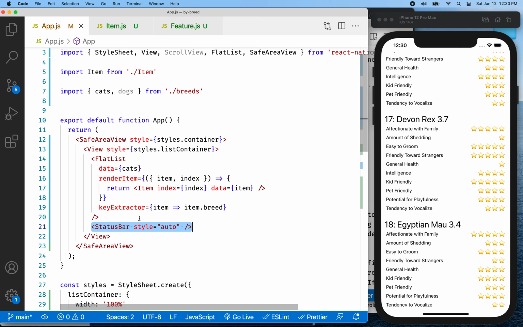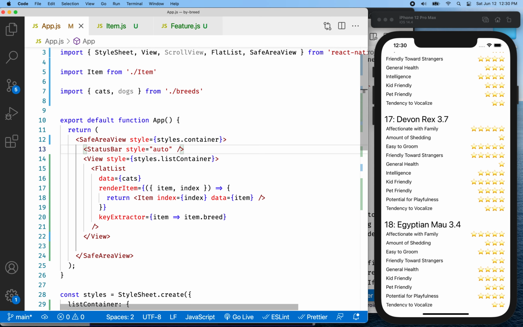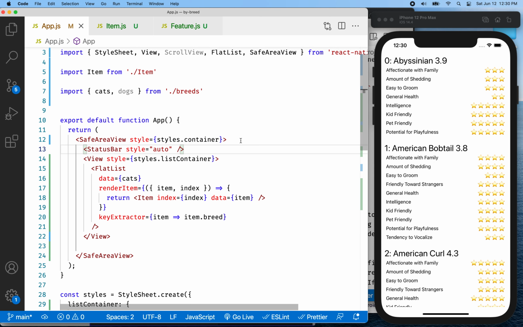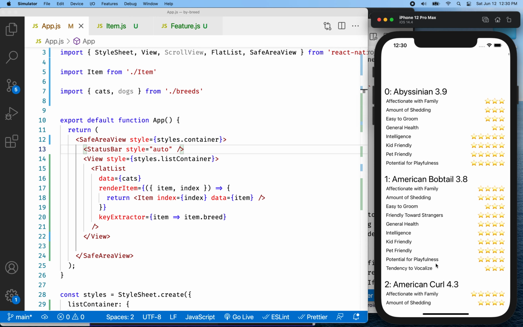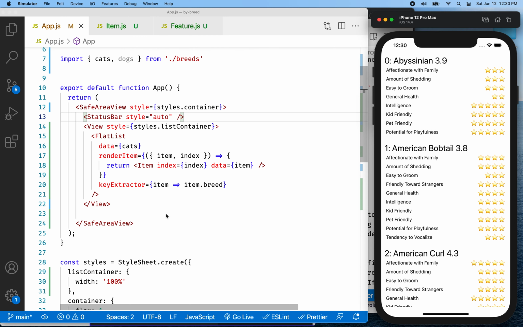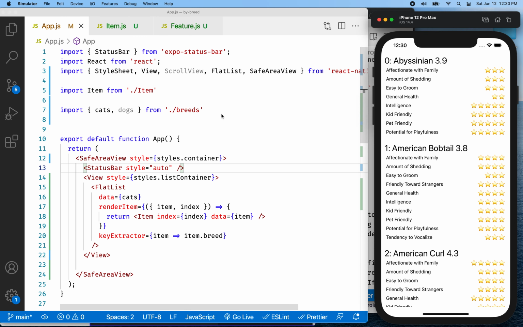I'm actually not super familiar with this one, but what I think is you can just put this anywhere. So I'm actually going to put it outside here. Or actually, you know what? I kind of feel like maybe it would make more sense to put it at the top, because that's where the status bar appears, right? So maybe that'll be a little better. So maybe we'll do that, right? Okay, so now let's input